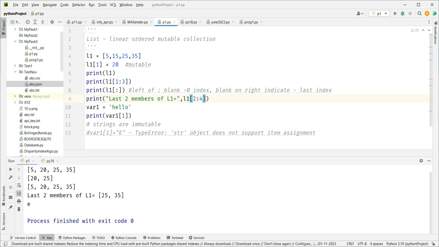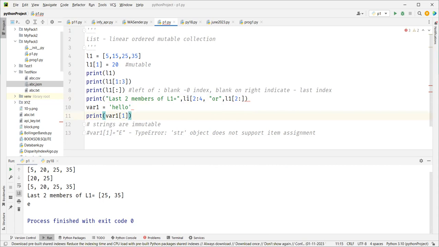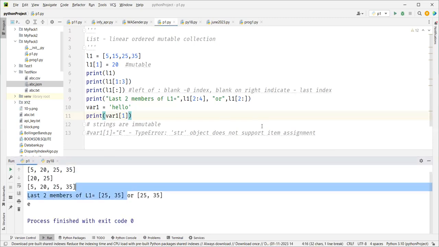You can give it like this, or you can give L1, 2, colon, blank. What happened? Why is it giving an error here? Oh, here I missed it. So you can give 2 colon 4, you can give 2 colon blank, or you can also give